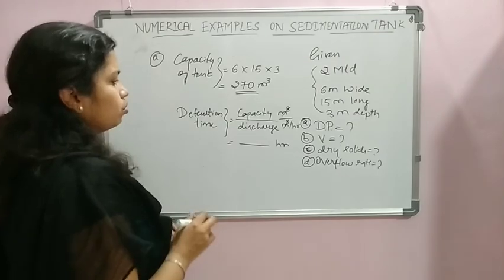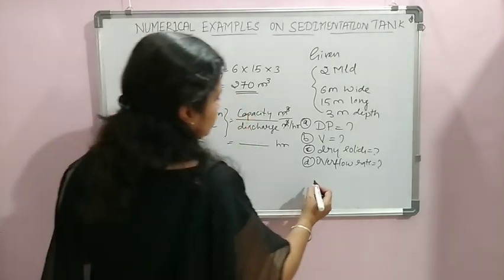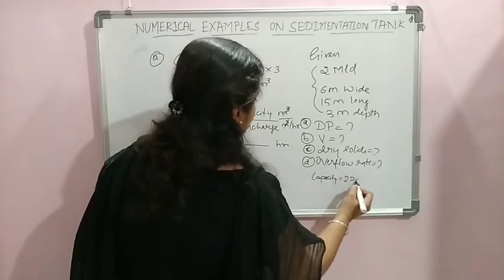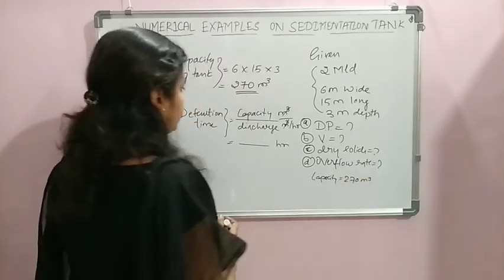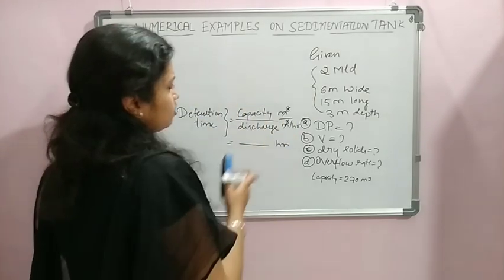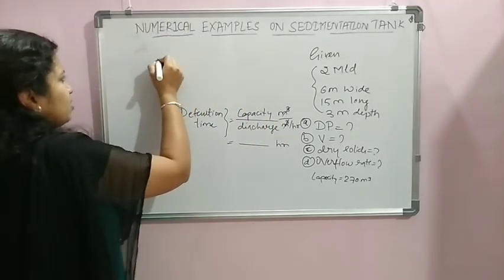In order to do so, we already have the capacity, 270 metre cube. Let us keep it aside, and now let us convert the discharge of the water, that is given as,